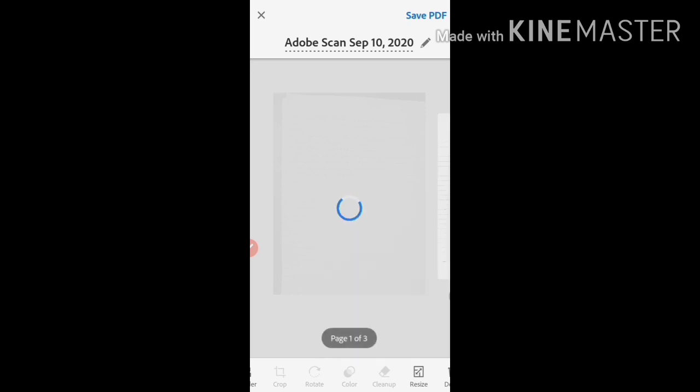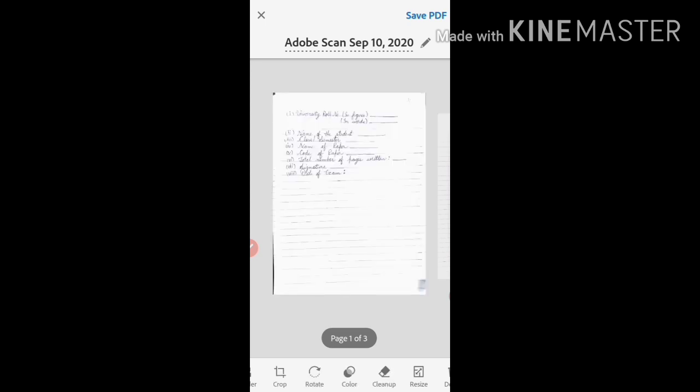From here you can also import documents from your existing photo library. Now you can tap the little pencil icon up top if you want to rename the document.